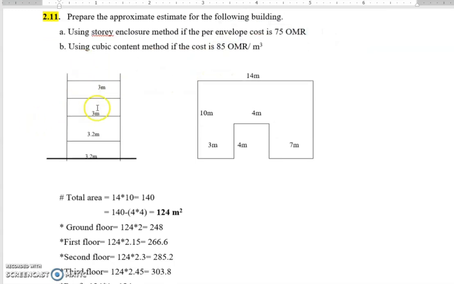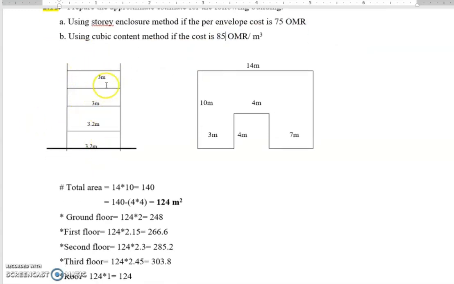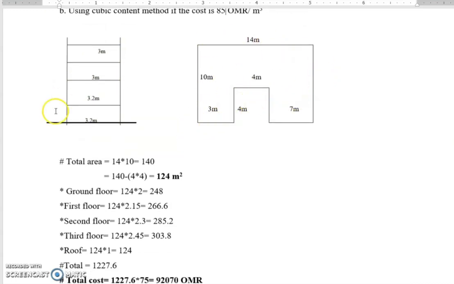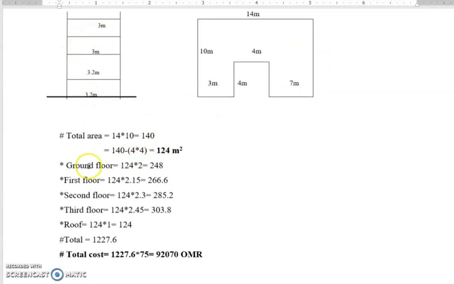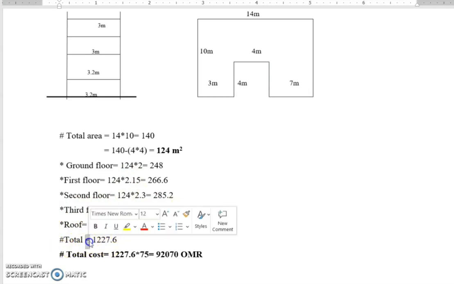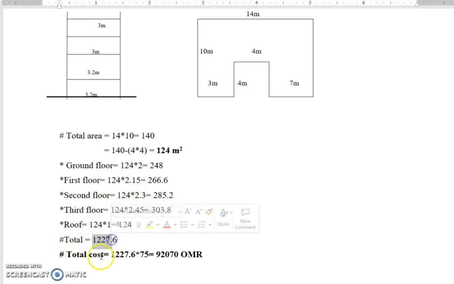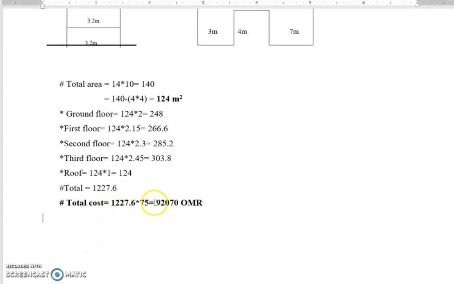1 areas per cubic meter. So we have this building, okay, 1, 2, 3, 4, and we have the roof also. And we have this plan, and you can easily get the total area of this plan. Then afterwards we have this building ground floor, which will be like 124 into 2, and 124 into 2.45. We said that we are adding for each consecutive floor 0.15%. Then afterwards we'll get this, also this is the roof, so the total for the building will be this much for the area. And this one will be multiplied by